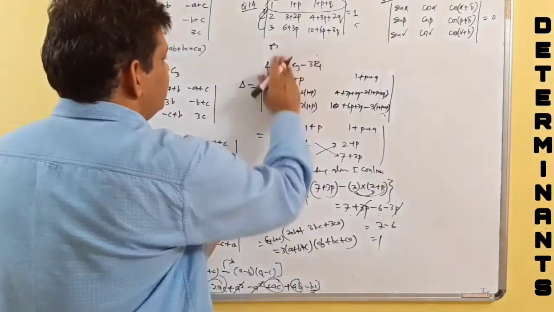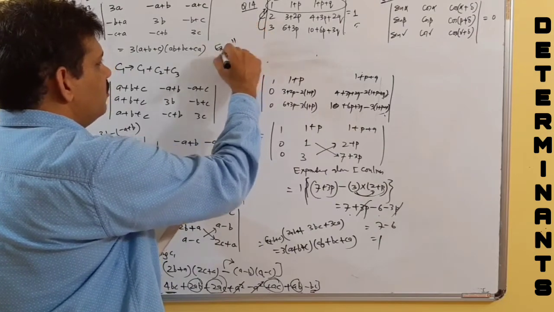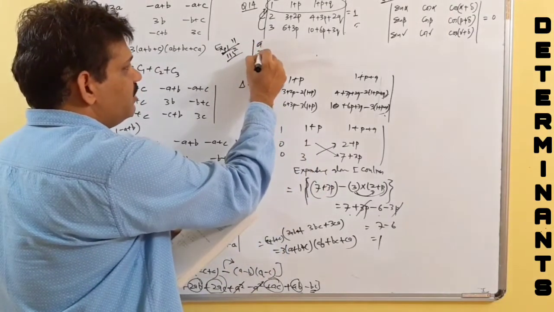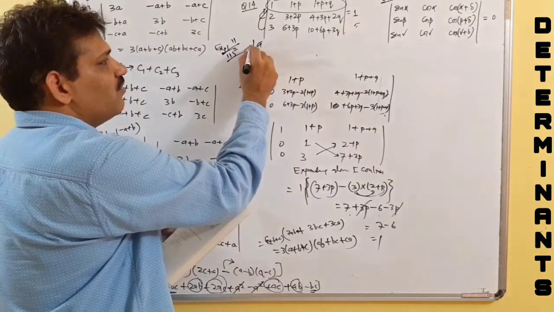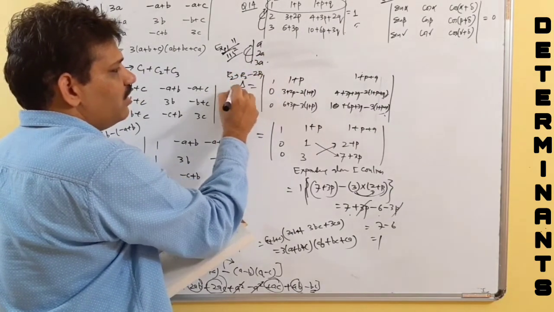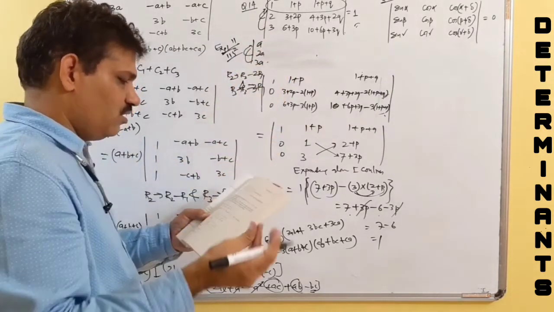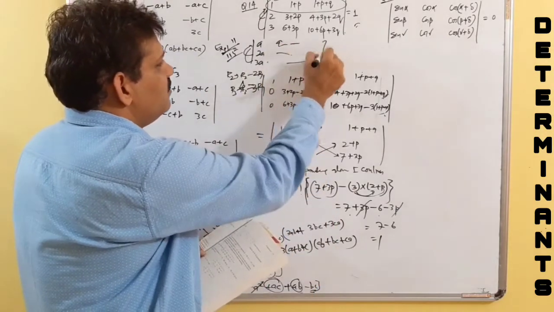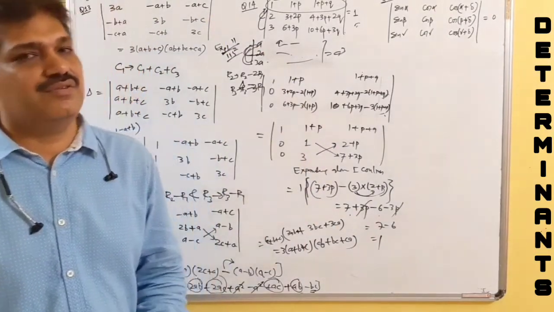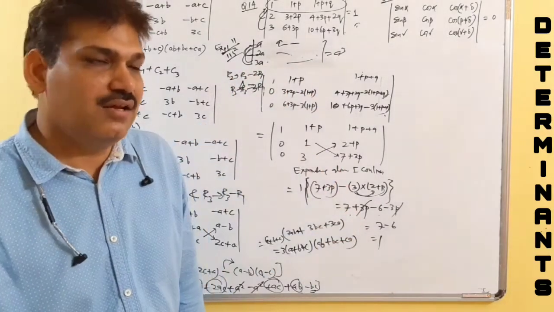That is similar to it. Example 11 on page 115. That is same. This is A to A 3. So it is obviously the same operation. R2 now becomes R2 minus 2R1, and R3 becomes R3 minus 3R1, so that this 3 becomes 0, and the answer is A cube. A plus B, here are some terms, and the answer is A cube. So what we do is we make 2 zeros. Immediately after making 2 zeros, what we get is we expand it, and after expanding we get the desired result.